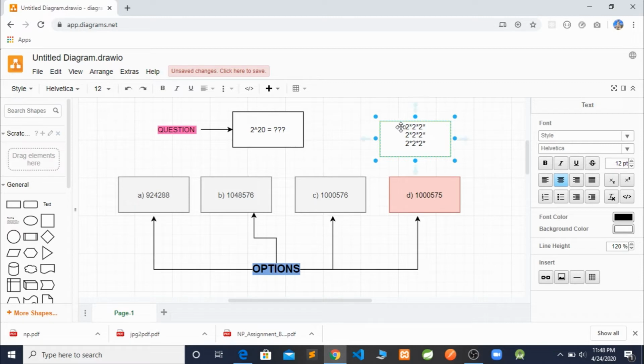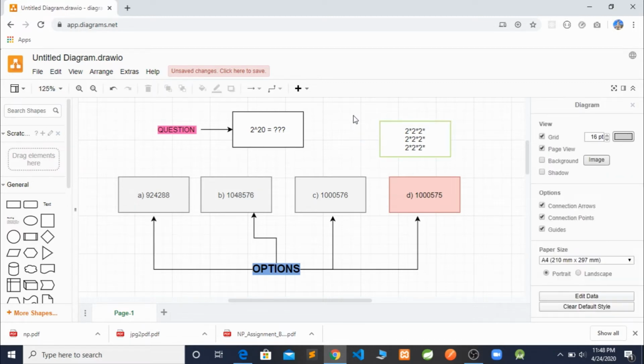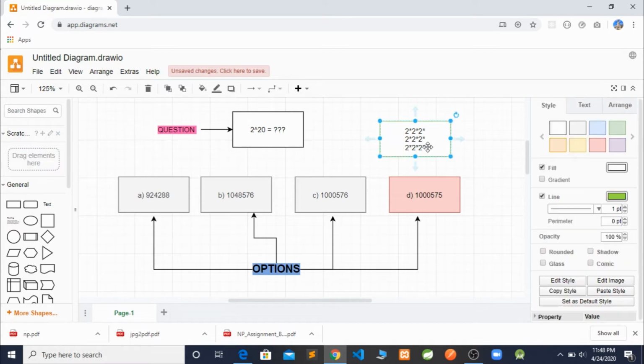How much is that? Is that what we can calculate in our head without using a calculator or pen? Okay, 2 times 2 is 4, 8, 16, 32, 64, 128, 256, 512, and then let's add